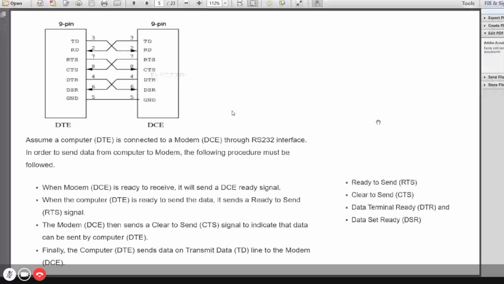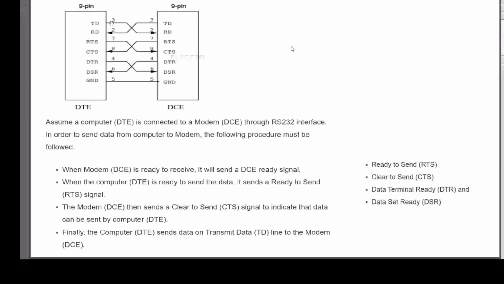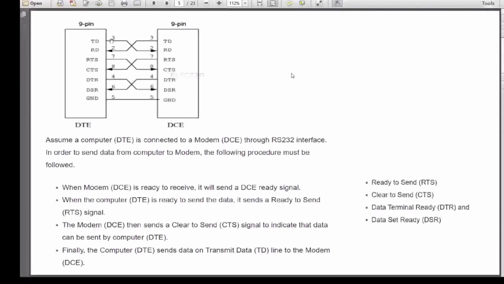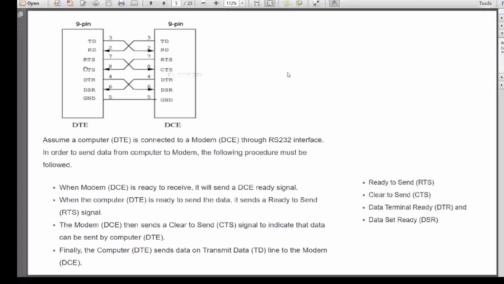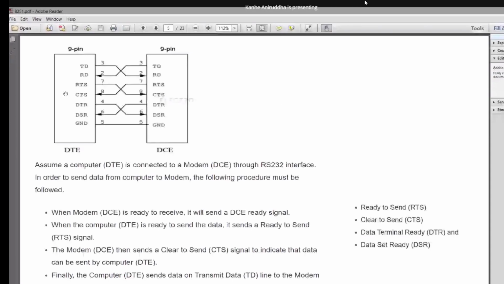So the signals which are communicated are these. We have actual lines through which data is transmitted. This is the received data from the other computer. This is ready to send by the first transmitting computer. It is given out to the other devices, and the receiver computer will send through all the modems.